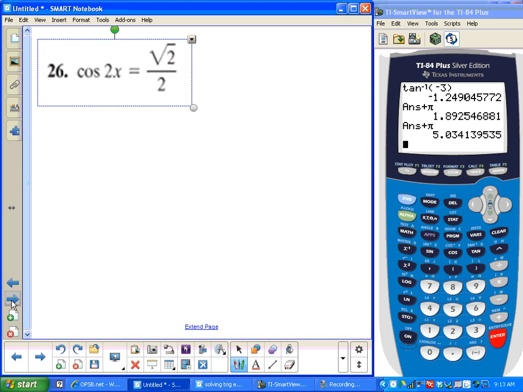Now, let's look at this one. Okay, so I'm going to do most of the even ones that come from your assignment, and you have the odd ones. Now, so it says cosine 2x equals square root of 2 over 2. Now, the directions don't say find all the solutions. It just says find them between 0 and 2 pi, I think. Now, when we see this